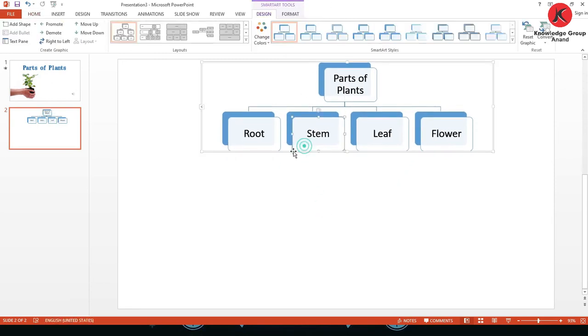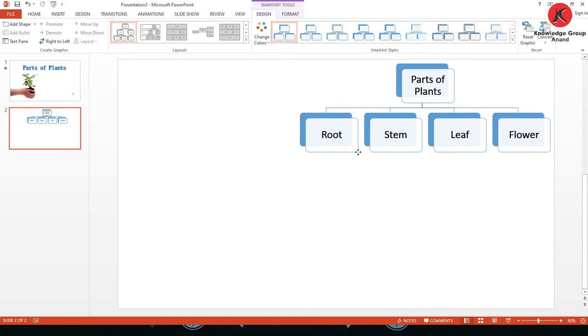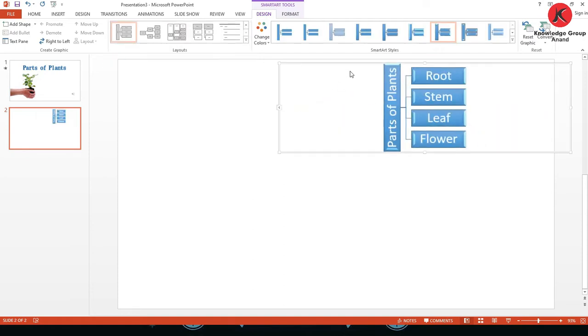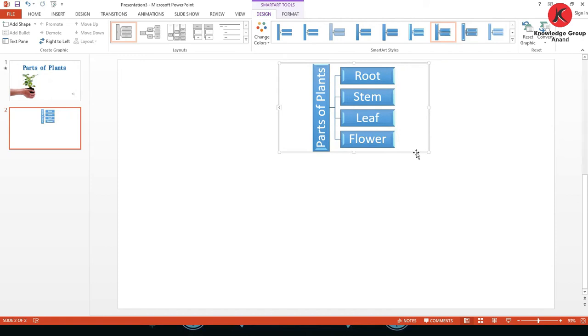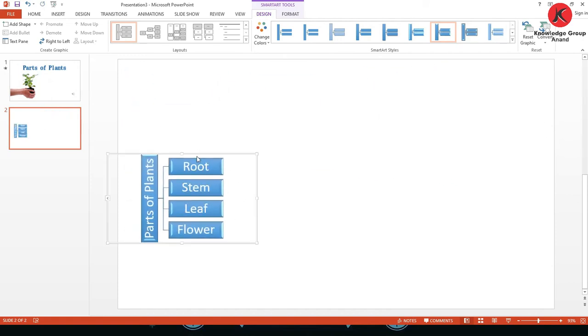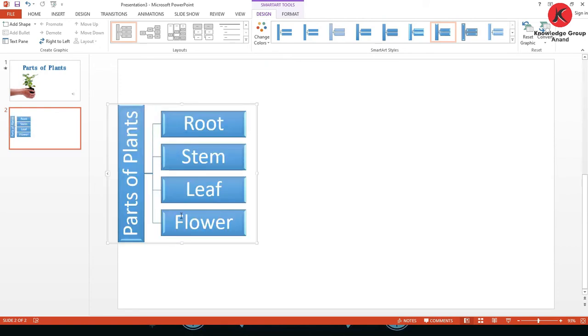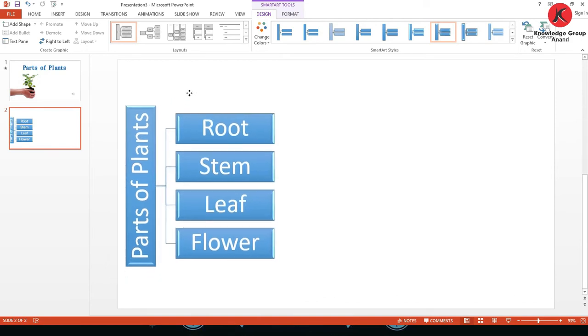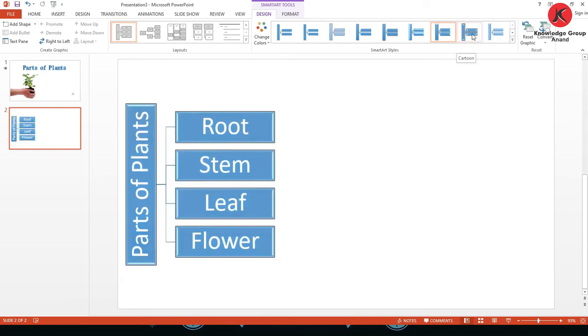We can arrange it anywhere on this slide, like moving it to the corner. You can also change the shape, layout, and chart type. You can arrange it as you want and put it in a particular place like this. Done. This way we can add a slide.